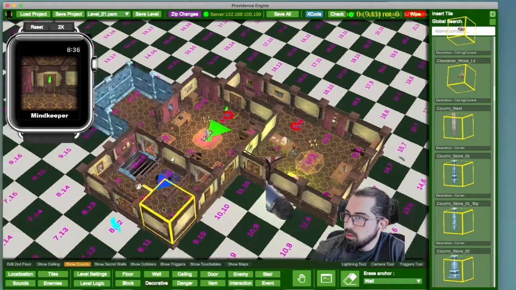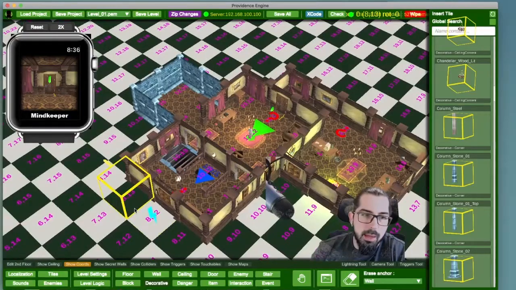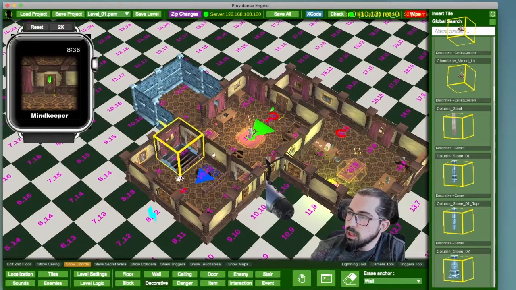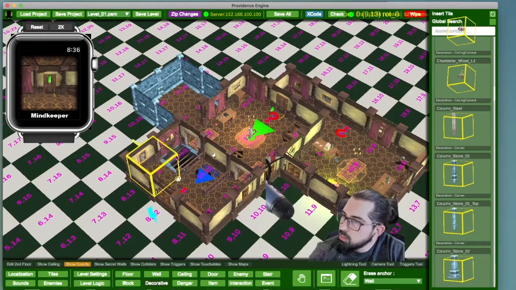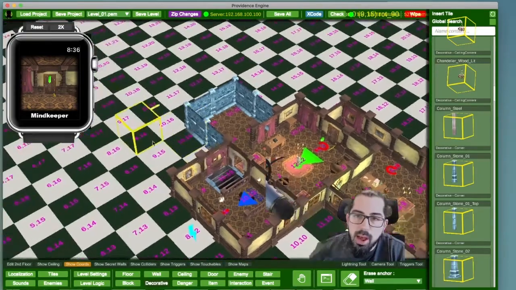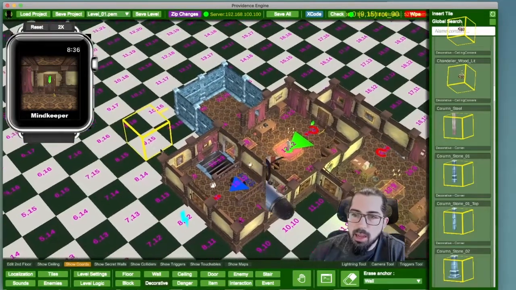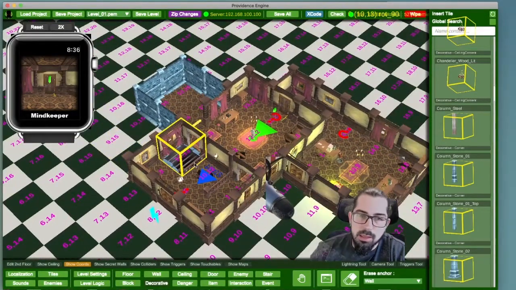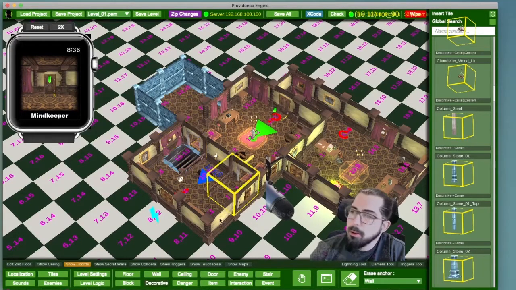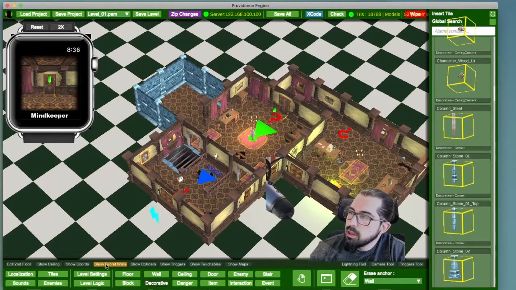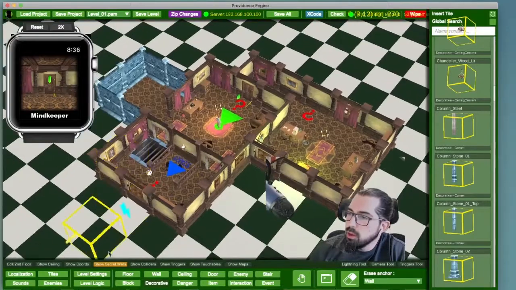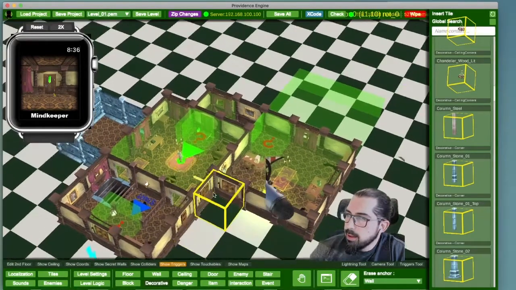You can see the coordinates, because when you are debugging, what was important for us was to check that I put something in this specific position, so when I am running the game, I should see this object in this specific position. Secret walls, well, this is something that we used later on some advanced levels. Then colliders, triggers, and